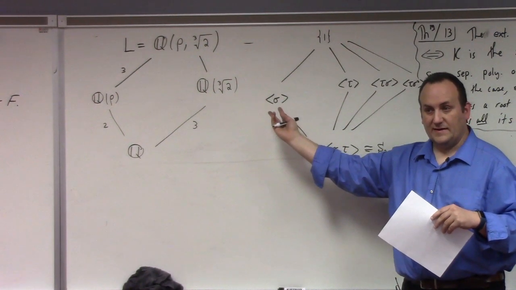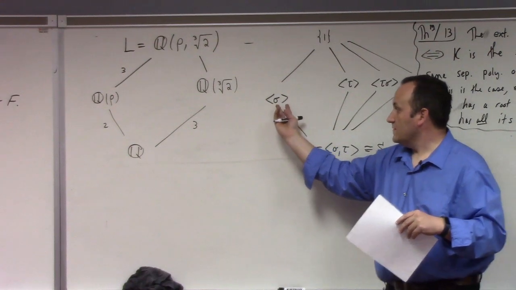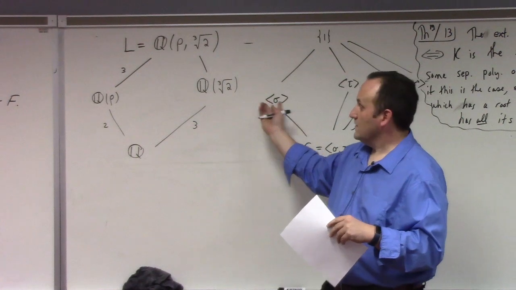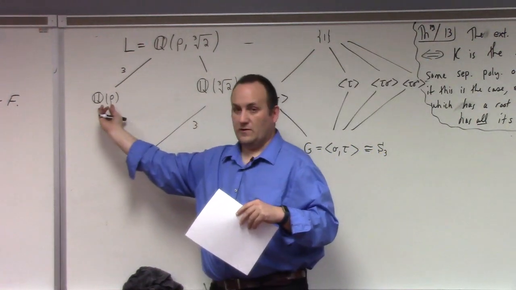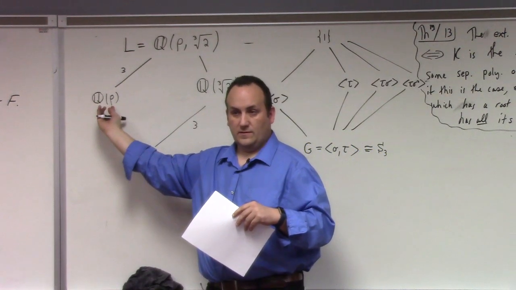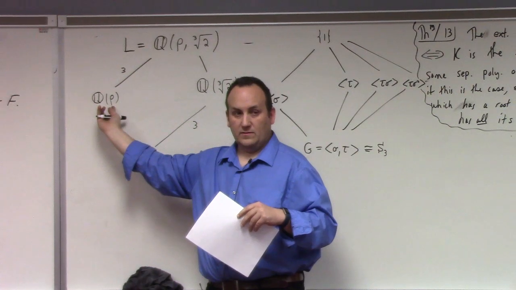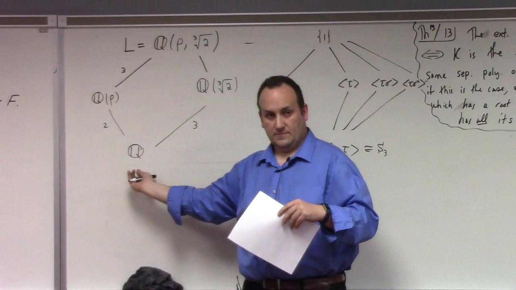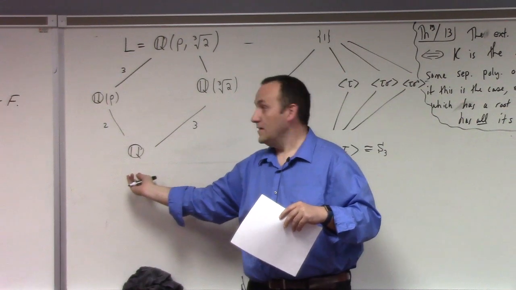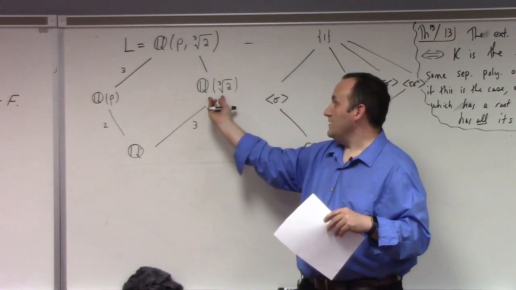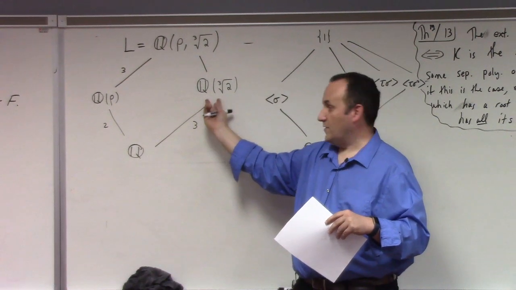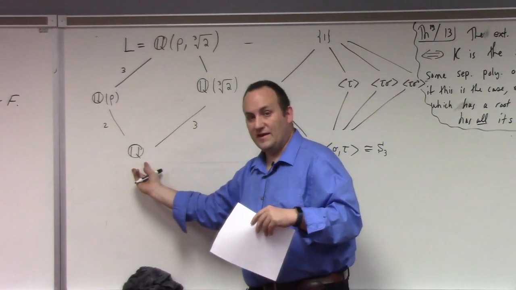What's the fixed field of this? The fixed field of this is Q adjoin rho. Q adjoin rho is Galois over Q. Q adjoin the cube root of 2 is not Galois over Q because